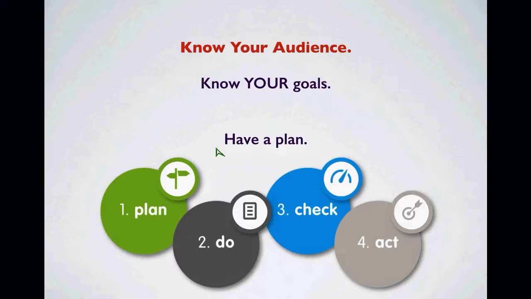So part of the social business plan is understanding who is your audience. And you might have a target audience for business, target audience for people you'd like to speak in front of, a target audience for nonprofit organizations that you would like to be a part of, and so on and so forth. So I would say let's focus on one for now. So let's talk about your target sales audience. Know your goals with them.